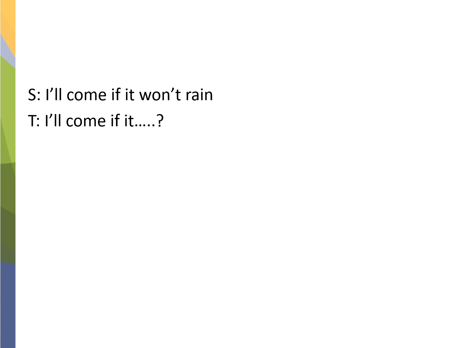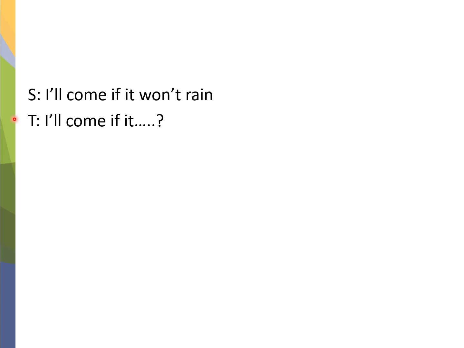Here's our next technique. The student says an error. So the student says, I'll come if it won't rain. Now we know that the student should say, I'll come if it doesn't rain. We know that's correct. So the teacher repeats part of the sentence. The teacher says, I'll come if it,